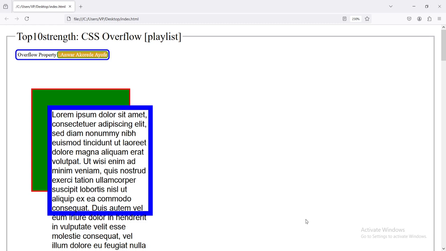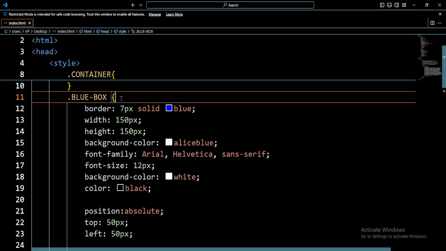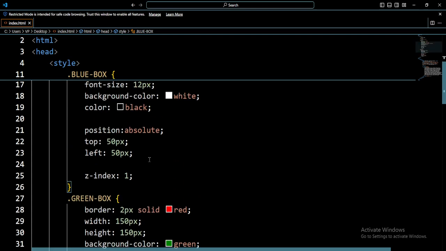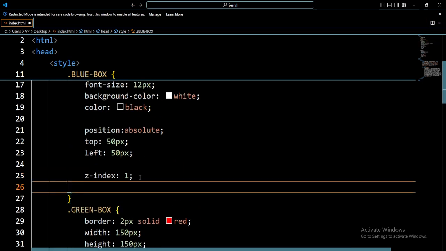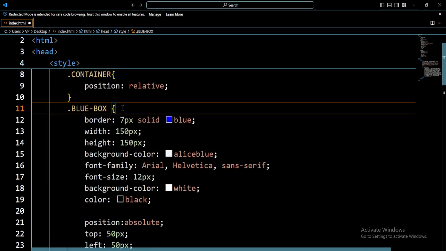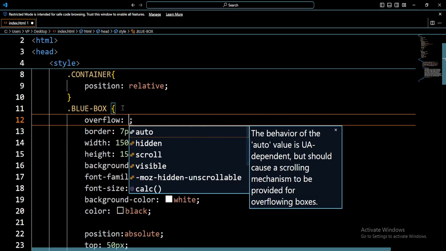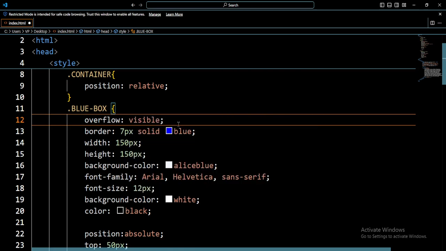So right here now, by default, the overflow. Now let's specify overflow. I will come to the bottom of this place, after the z-index. I can also do it right here at the top. I can just give it the overflow property. When I specify overflow of visible,